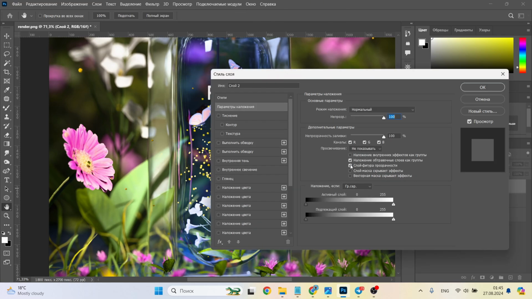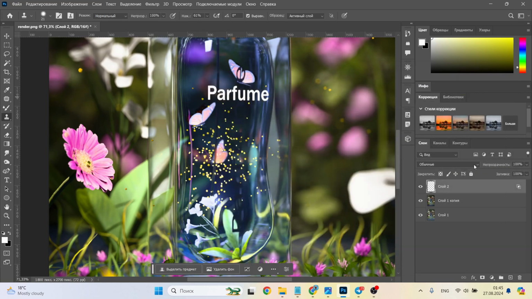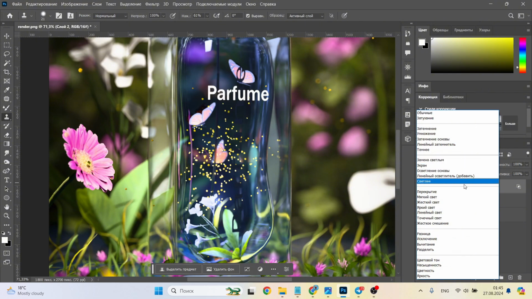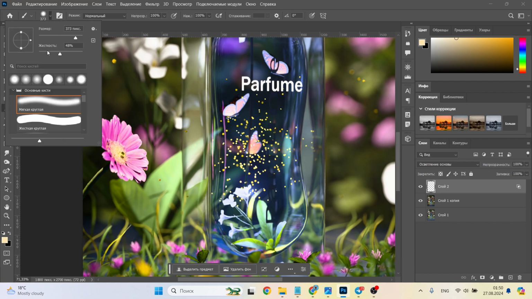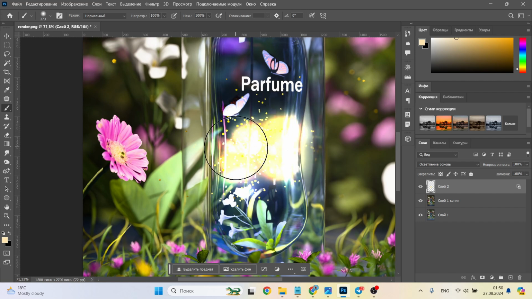Add a new layer. Click on it twice and remove the check mark opposite the layer figure transparency. Then switch the layer to color dodge mode. Select a soft brush, perhaps even need to reduce the pressure, lightly press in the place where we want to create a glow.